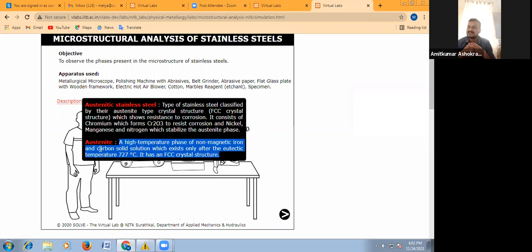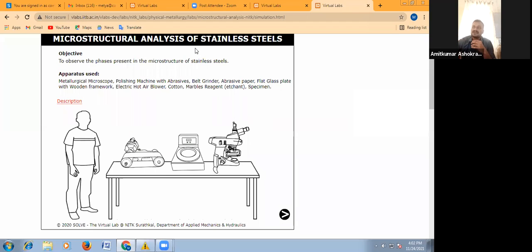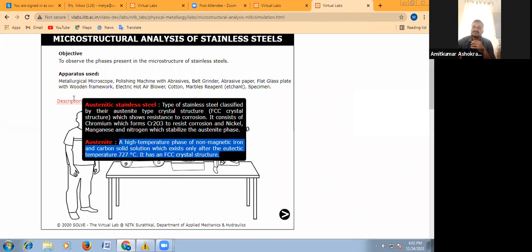In the same way, ferritic stainless steel is there, and martensitic stainless steel is there. I have already explained the meaning of ferrite in the iron carbide equilibrium diagram. If only the ferrite phase is there in that steel, from room temperature up to its melting point, then it is termed as ferritic stainless steel.